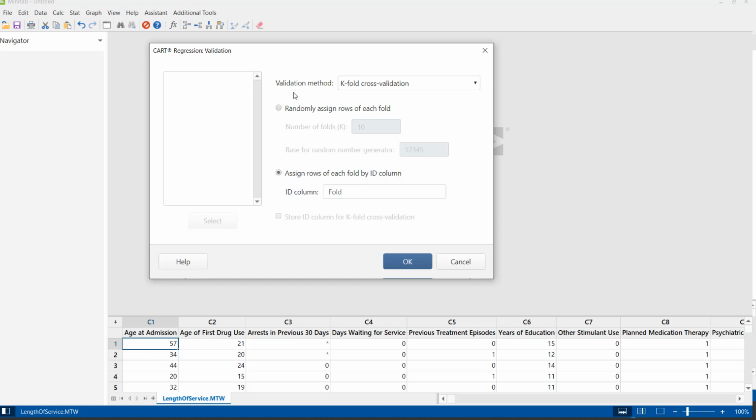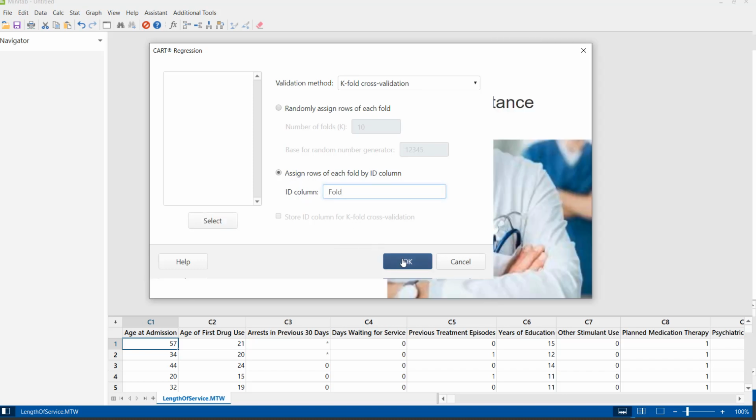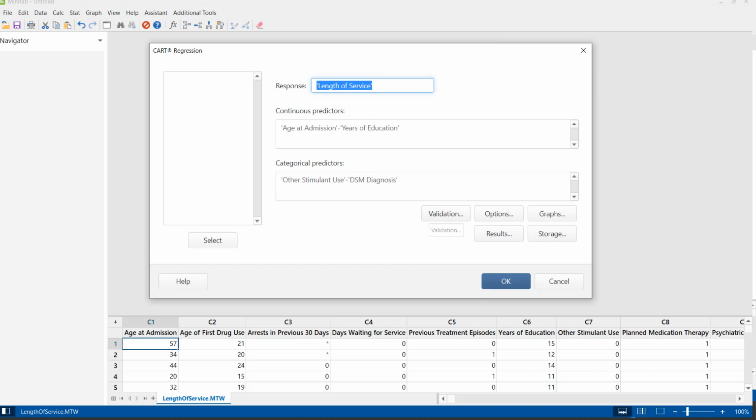We have used a validation method which is k-fold cross validation. K-fold cross validation takes a number of samples at one time and generates a tree, and from this, multiple trees are generated to see which one behaves the best. So we will use the ID column as the fold to do that, then click OK, and click OK again.